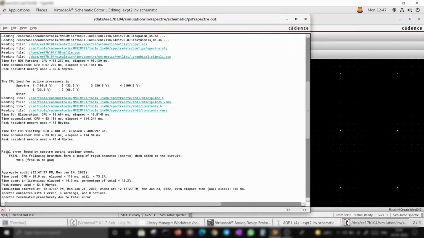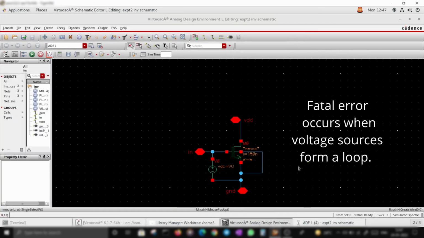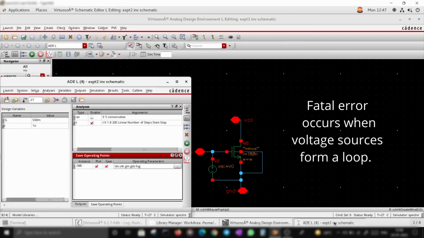It doesn't run. Fatal error found by Spectre during topology check. It says fatal. The following branches form a loop of rigid branches, shorts when added to circuit. VO P from into ground. Right. Let's see what it says. The fatal error is that two voltage sources are forming a loop, which shouldn't actually happen.